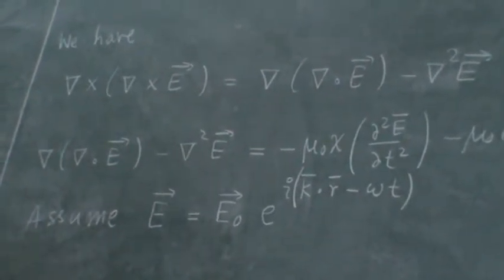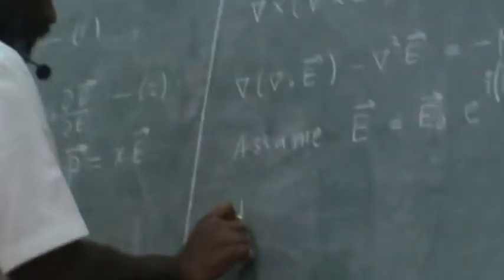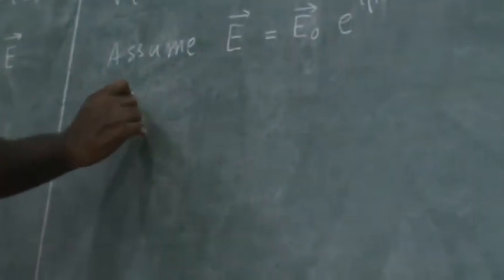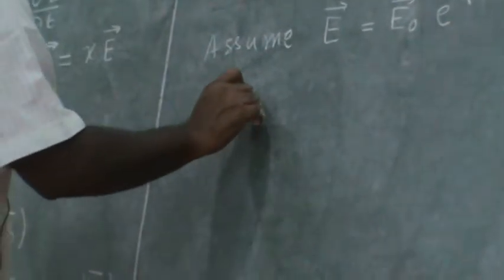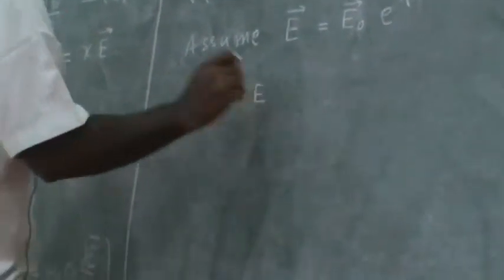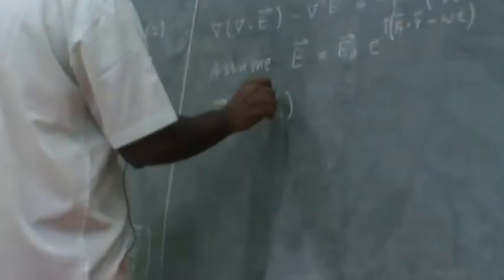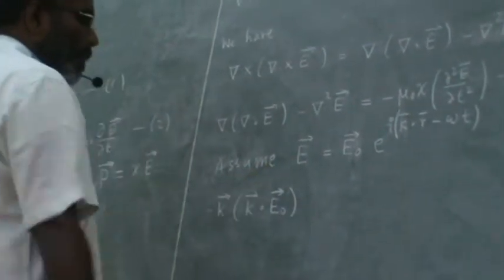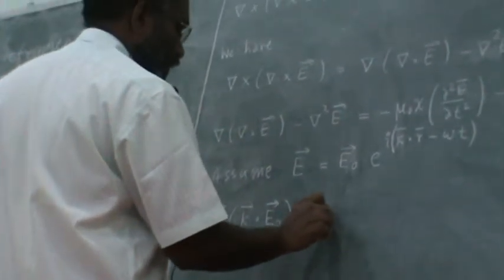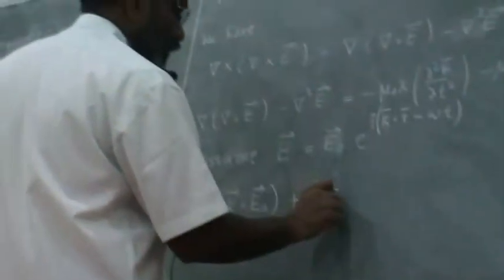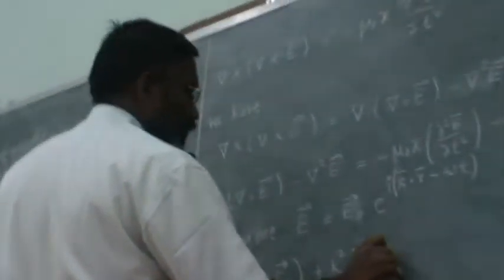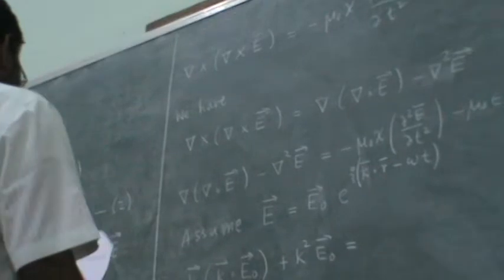So this one will become minus k into k dot E0 plus k square E0 is equal to